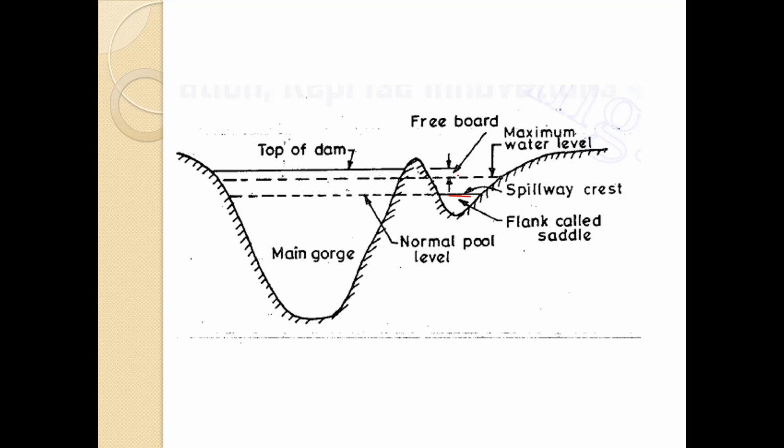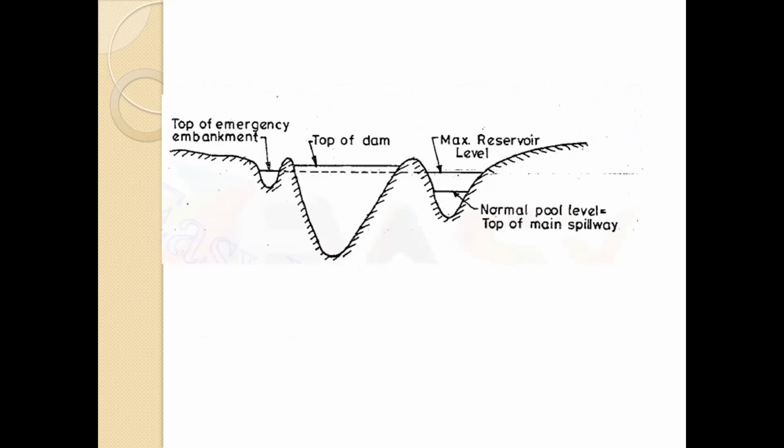So remember these things. The main spillway is constructed to dispose the, where you can see this is the top of the embankment has been provided over here. So here we have the chance to provide this emergency spillway, and this is the main spillway and this is the emergency spillway. So sometimes what will happen if the gates are not opening, or something like that, some failure will be there. So obviously this additional spillway will provide us the emergency outlet for the water.